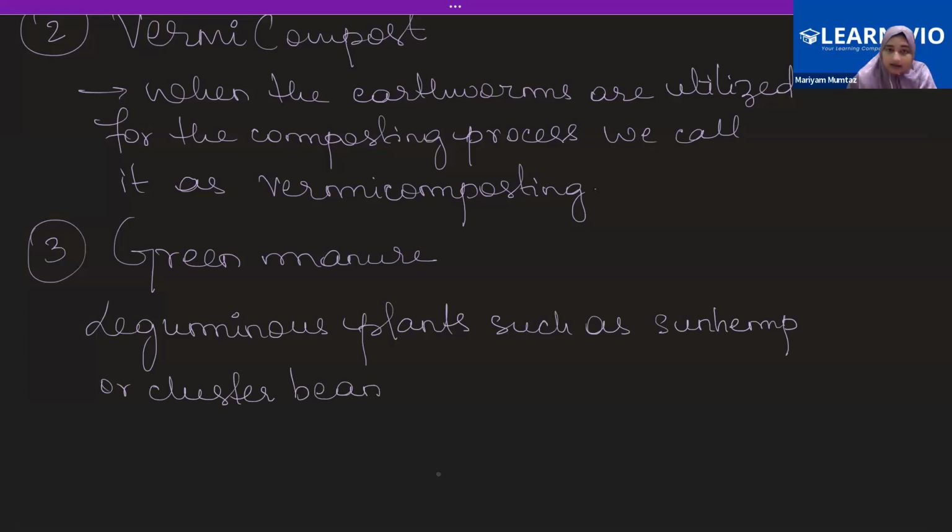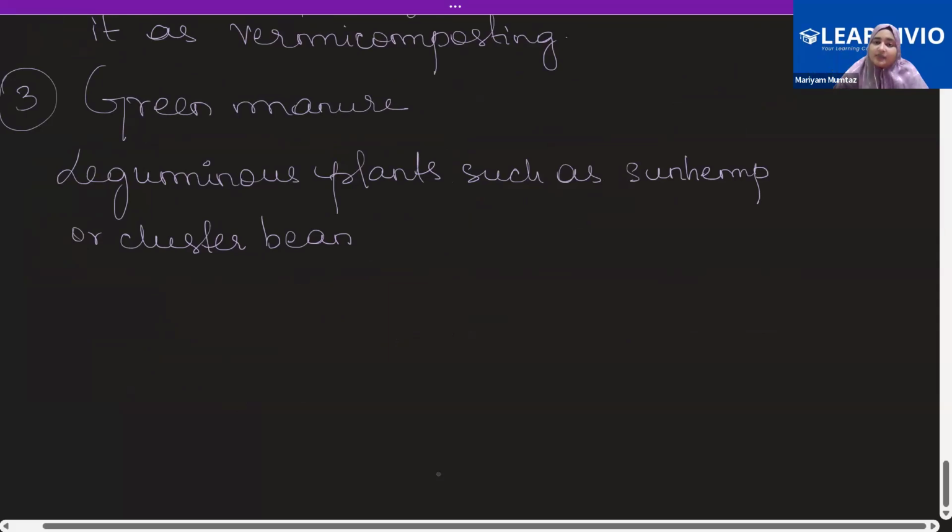What happens is that when you grow these plants, they are mulched, meaning they are ground and made into a powder-like consistency. Then they are put back into the soil. What they do is enrich the nitrogen and the phosphorus quantity of the soil. So these leguminous plants such as sun hemp or cluster bean are grown,